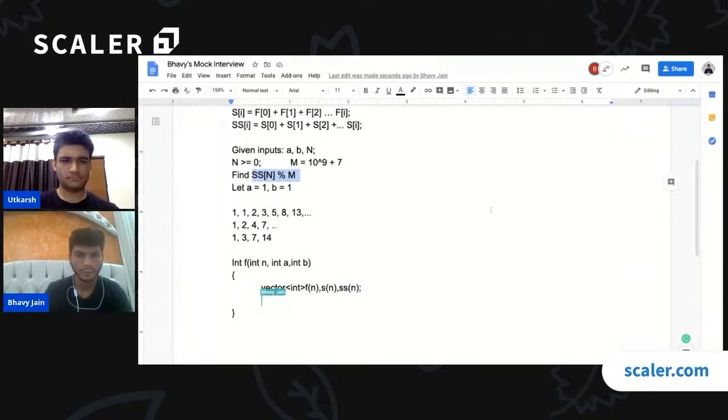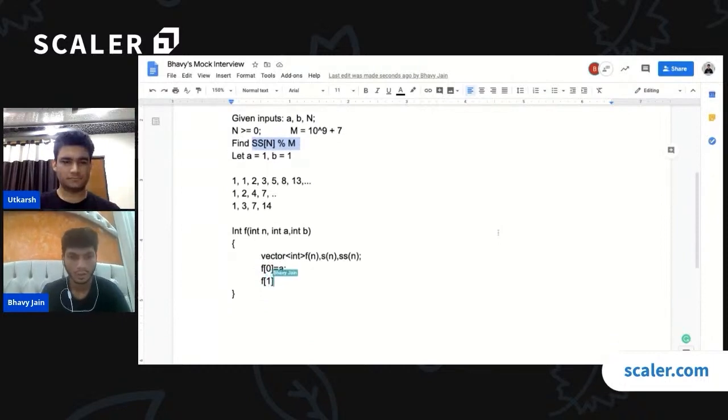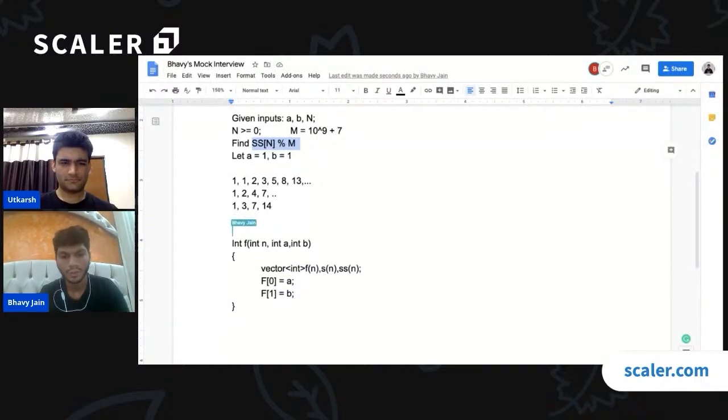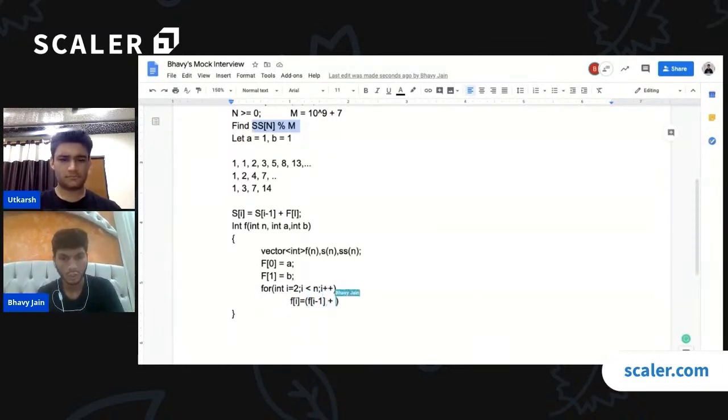We know that f of 0 is A, f of 1 is B. Also, we can see that it follows the relation S of I is S of I minus 1 plus f of I, because it is the prefix sum. Or actually we can store the prefix sum directly. So let's first calculate f. For 2 to n, f of I will be f of I minus 1 plus f of I minus 2